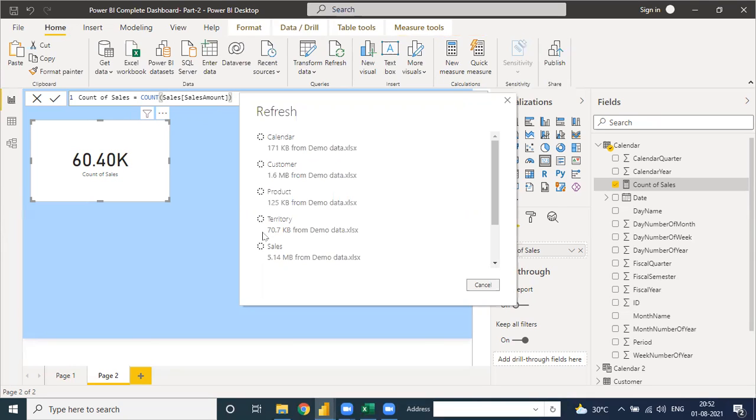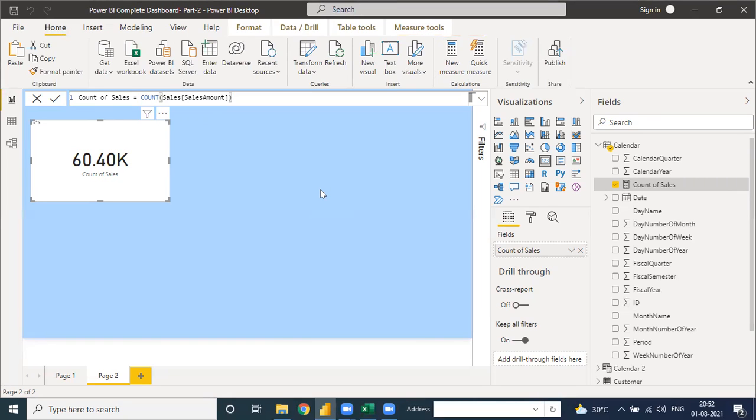Sir, in real time, where can we use this formula? In real time, suppose you have made some product sales. If your manager asks how much quantity you sold for this product, then you use the count formula. Suppose you have subcategories related to phone, IT, laptop. If your manager tells you, in the month of July, how much you have sold of phones or laptops, then we need the count. Okay, I'm understanding, sir.